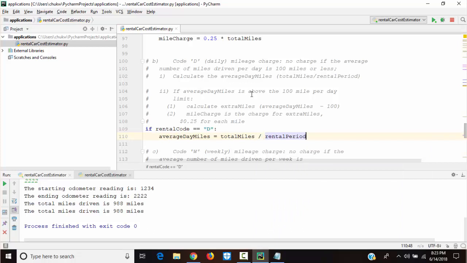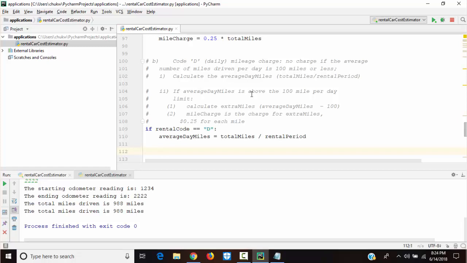And then, if average day miles is above the 100 mile per day limit, then calculate extra miles.